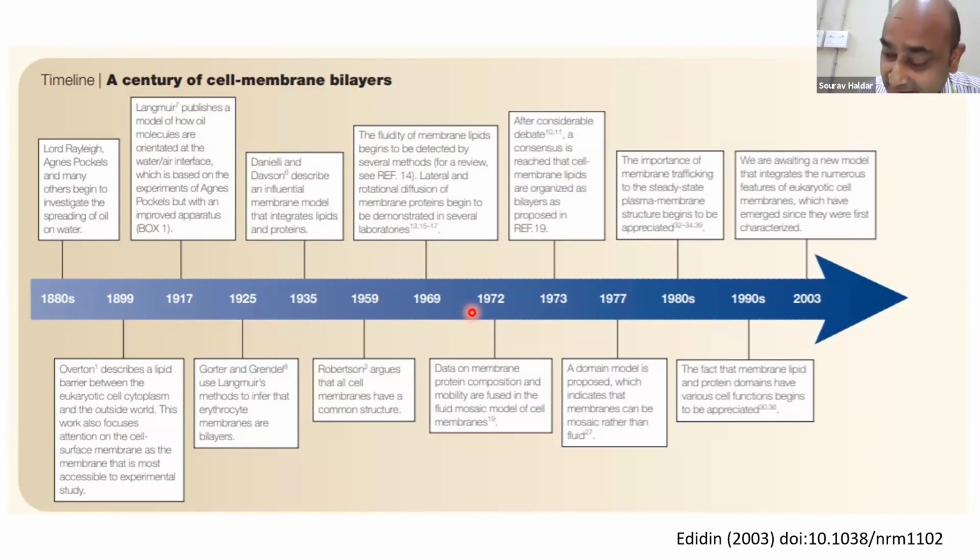Remember, this is 1972, and the model has to be based on the data that is already available by then. So they could not have imagined something that was not known by then, right? That's why the model is ever evolving, because the technology that led us to those discoveries is also evolving. The technologies that led us to believe that the membrane is homogeneous have also evolved, right? So the concept that membrane is homogeneous, put forward in the Singer-Nicolson model, has to evolve also.